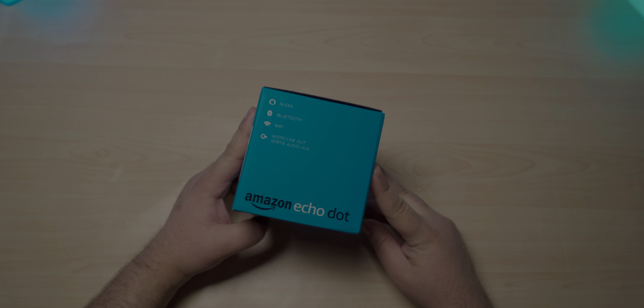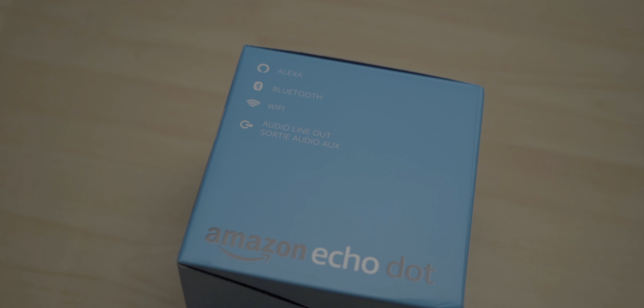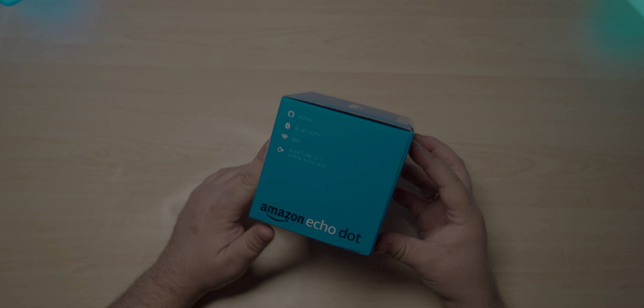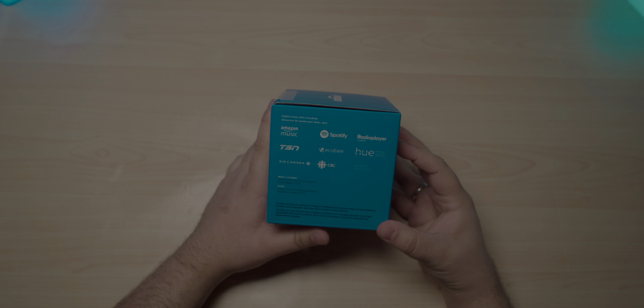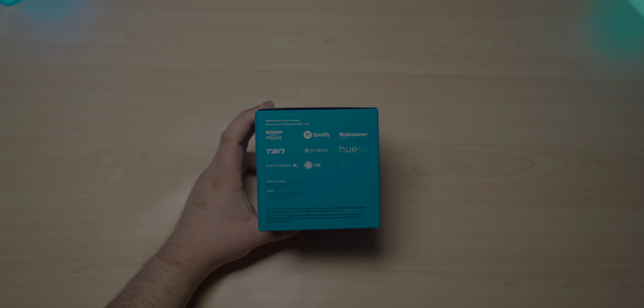Let's see, on the left side over here, we have Alexa as smart speaker, Bluetooth capable, Wi-Fi enabled, and then audio line out. Okay, at the back of this is just some more instructions. At the top, we have our Amazon logo, and then just some more information at the bottom. Finally, so as of today, 2018, when this was launched,